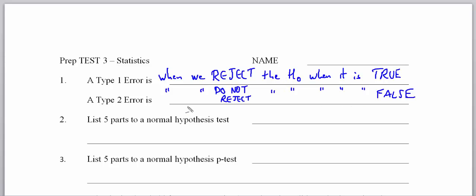And on the other side, as the book will explain, it's very difficult to show if a type 2 is happening. That's when you do not reject the null hypothesis when it's false. This would be if someone says, oh, nothing's happening, but you're going, yes, it is happening. Someone will then claim that the type 2 error is when you're basically saying there's nothing happening, but that's absolutely false to a situation. But I would check out the book because it has a really nice explanation about why type 2 errors are so hard to fix. But the type 1 errors are easy to identify because we can measure the needle moving,